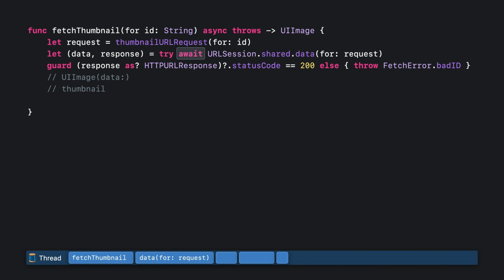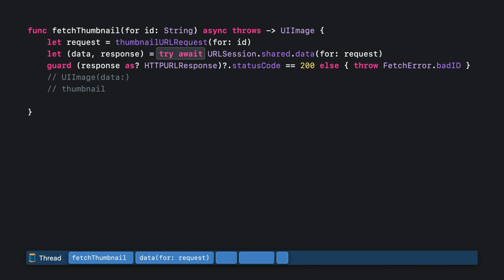If an expression has multiple async function calls in it, you only need to write await once, just like you only need one try for an expression with multiple throwing function calls. All told, the function call is marked try await. When dealing with an async expression that throws, you'll need to put try before await, like this.